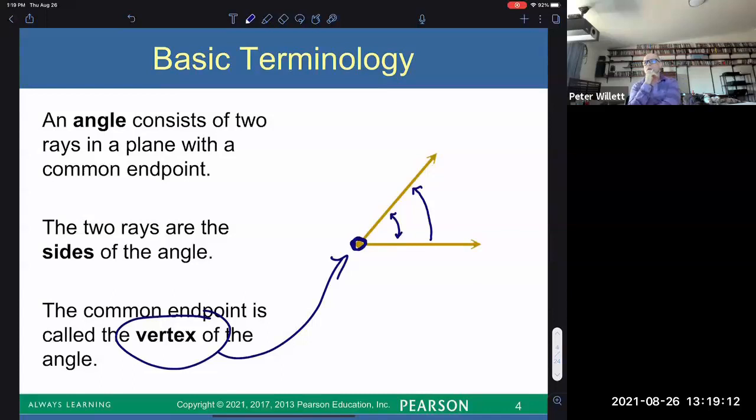Let's try this. Do you think you could think of an example in the real world in which an angle would be relevant or be involved in some sort of an example? I recommend, even if you don't want to share it, in your own mind, the way these concepts become meaningful to you so that we can use them, eventually there's going to be real world problems in play, is that you kind of try to think of an example in the real world where this might be in play or